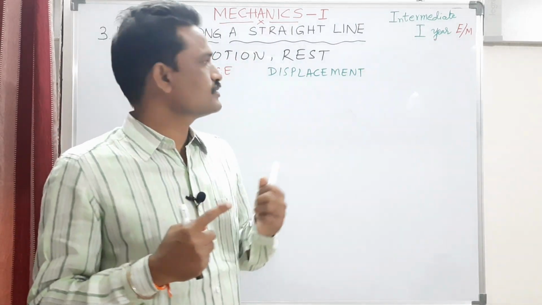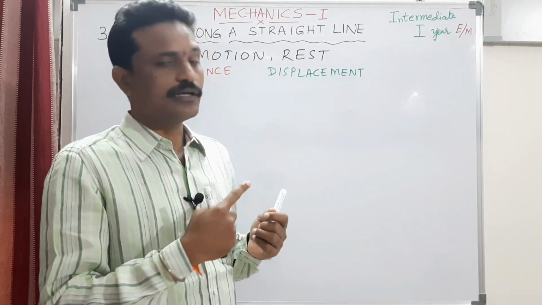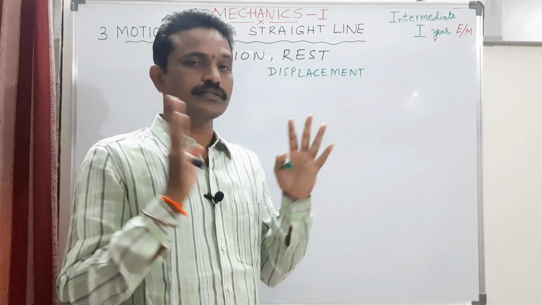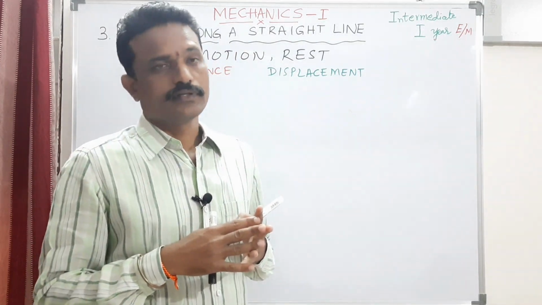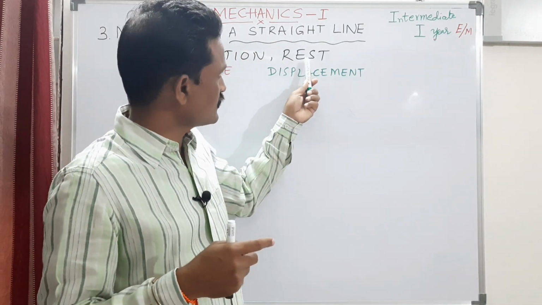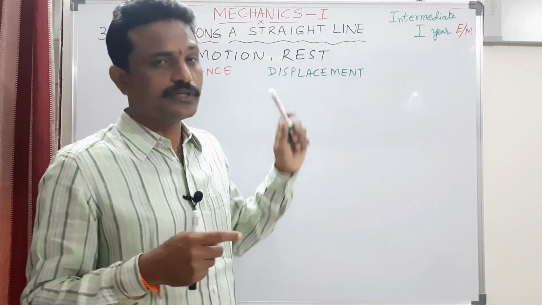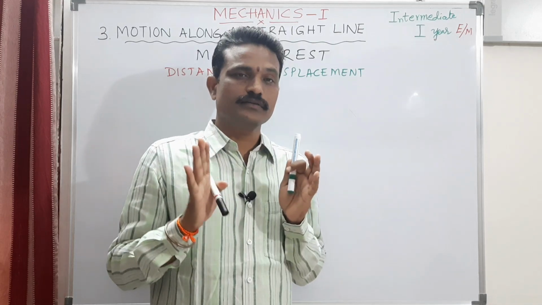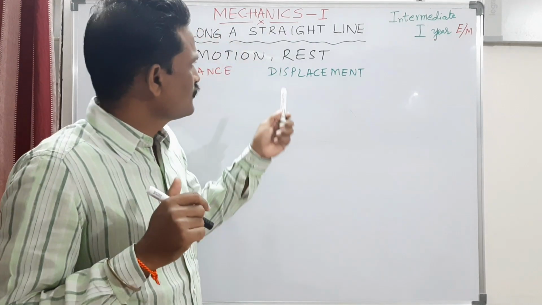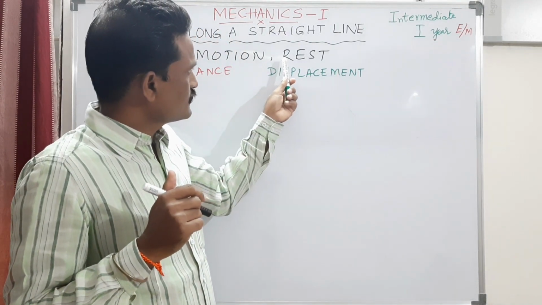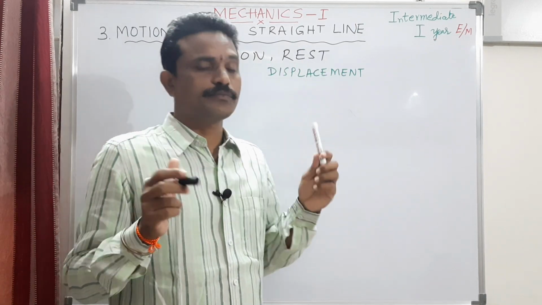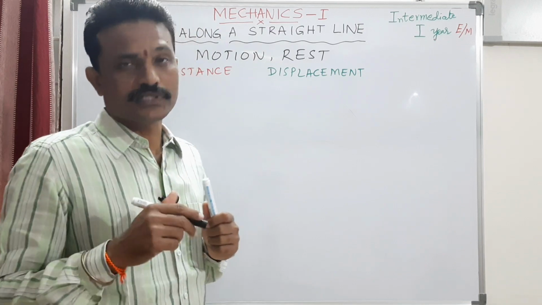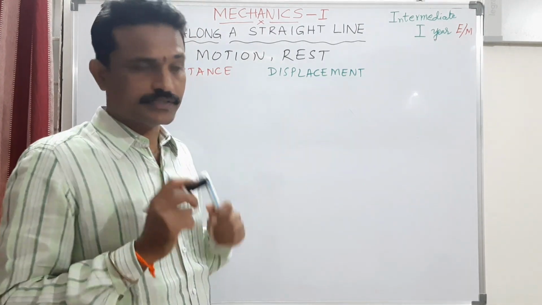So, as the time is elapsing, the surroundings are also changing. If with respect to the surroundings and with respect to the time, your position is not changing, then that object is said to be at rest. For rest, we also use a term in physics generally, that is called stationary object. Stationary means the object is at rest.